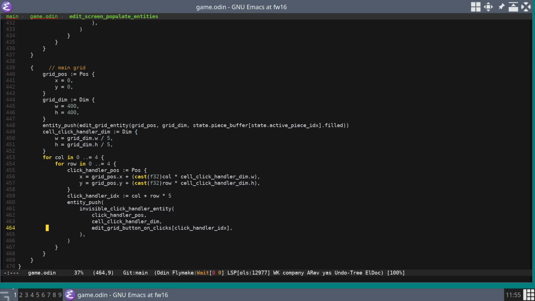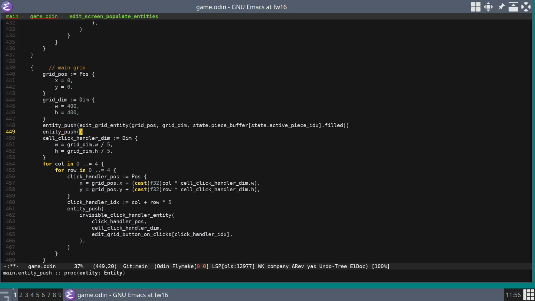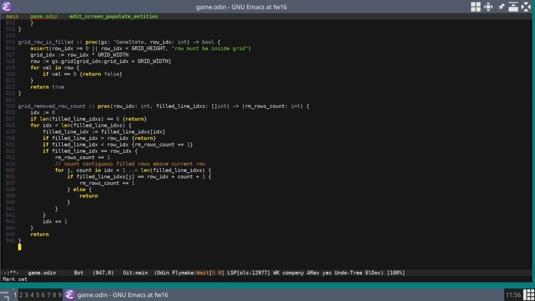Our invisible click handler entities down there. If I say in here entity push, invisible click handler entity. Give him